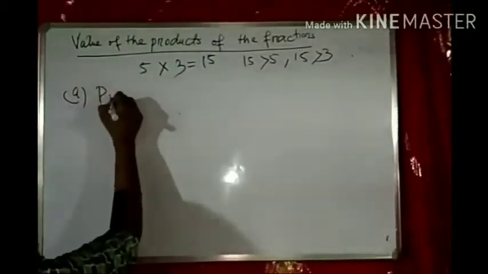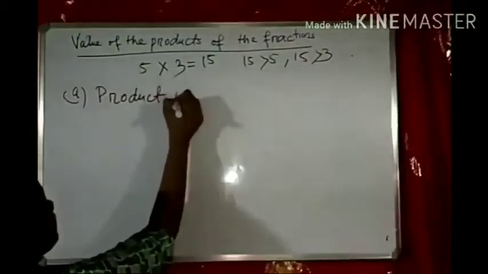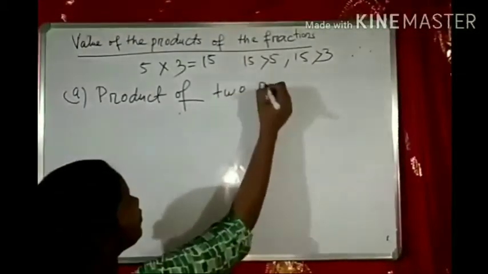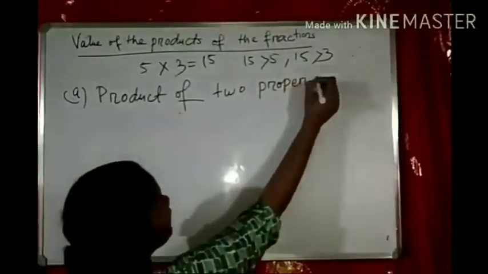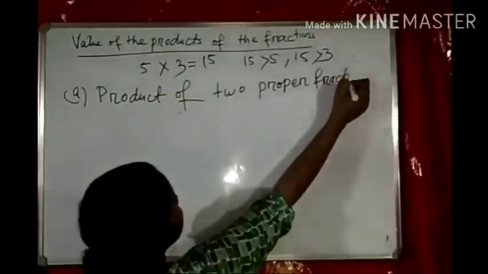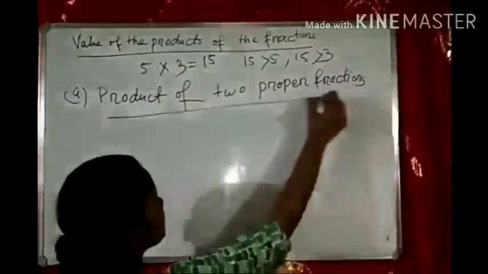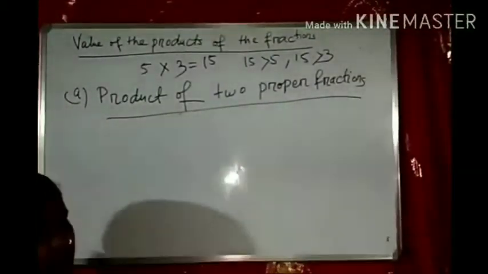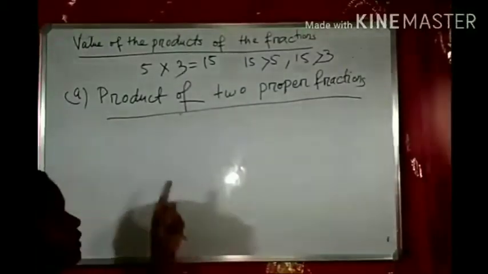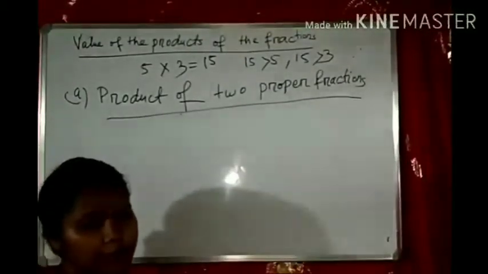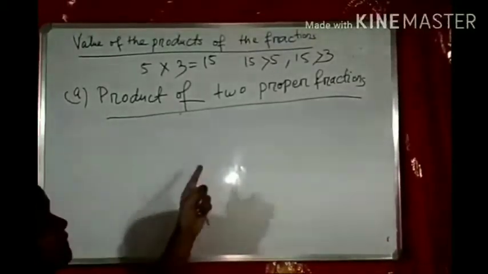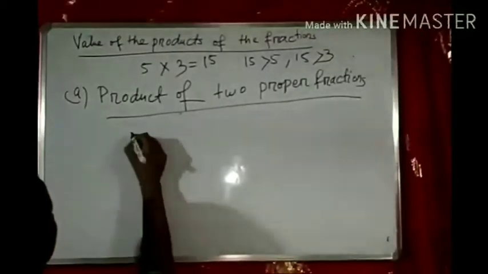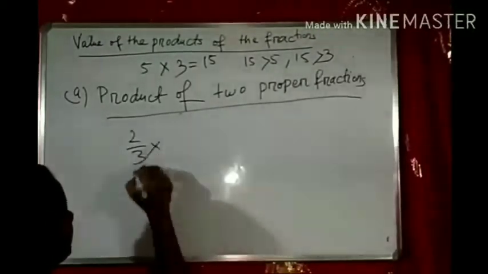First one is the product or multiplication of two proper fractions. So when we are multiplying two proper fractions, or if a proper fraction is multiplied with another proper fraction, then the result is lesser than each proper fraction. Let's see one example. 2 by 3 into